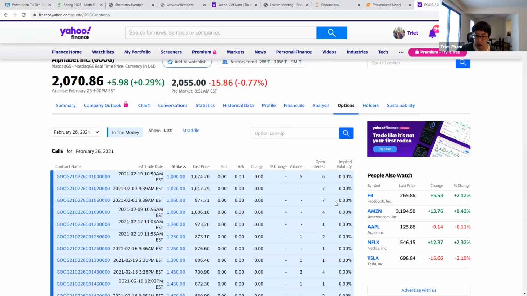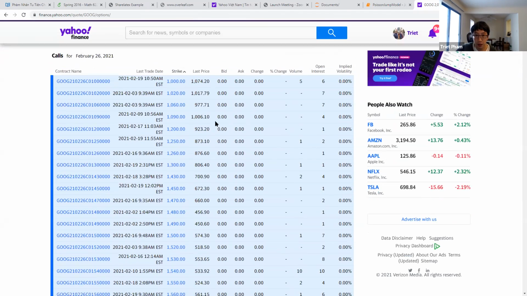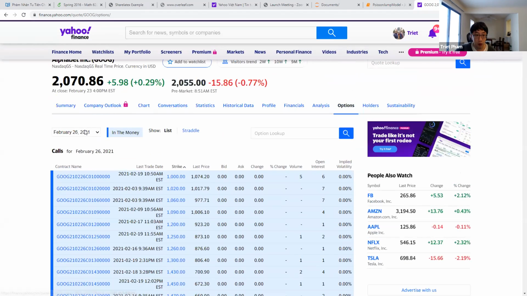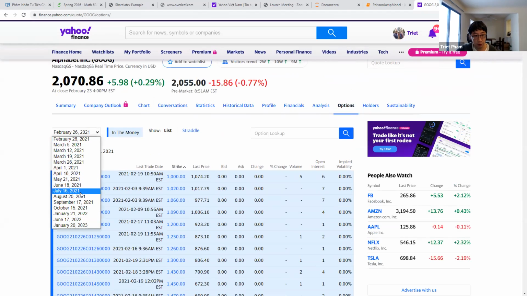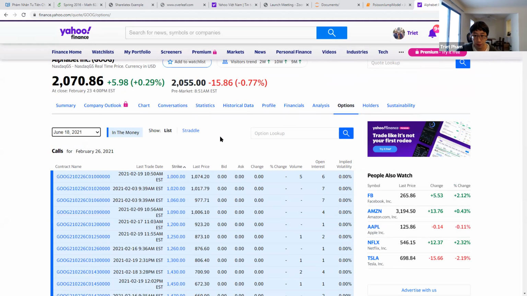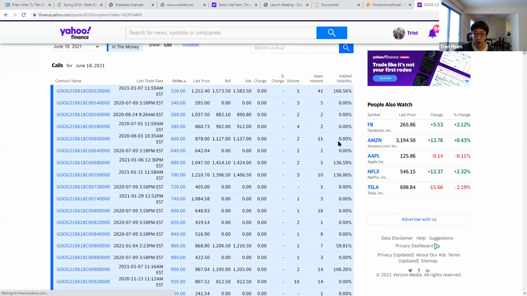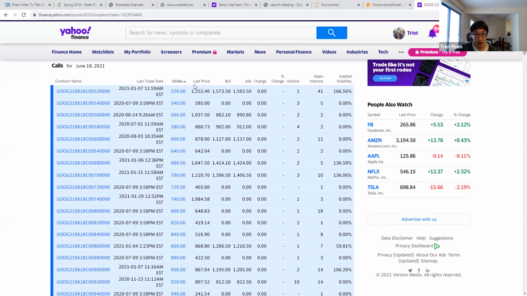Do you see what's going on here with things around this range, for example? What I'm trying to say, first of all, is notice that options are never given alone at a single strike. So this is for the February 26th expiration, so in 2 days. You can go out a little bit further, to June, for example. Notice some of them have this kind of weird implied volatility, and some of them have 0%. What's going on out here? And then you see that as the strike goes up,